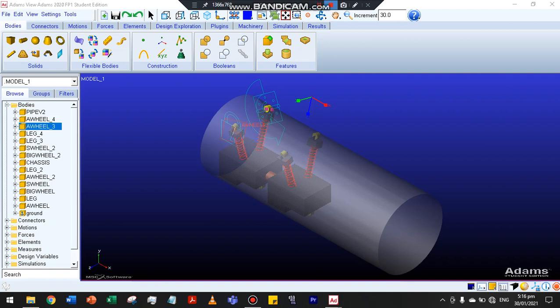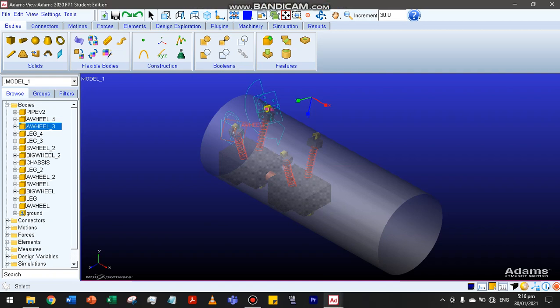So this is a demo of the use of Adams software in creating a simulation model. The model displayed here in the video is the simulation model based on the study of Cagalpin et al., their fabricated pipe inspection robot. So first, the simulation model was modeled directly in Adams, so it's here, and the mass